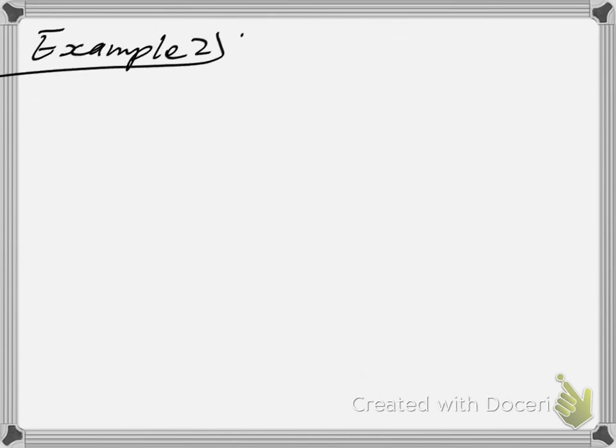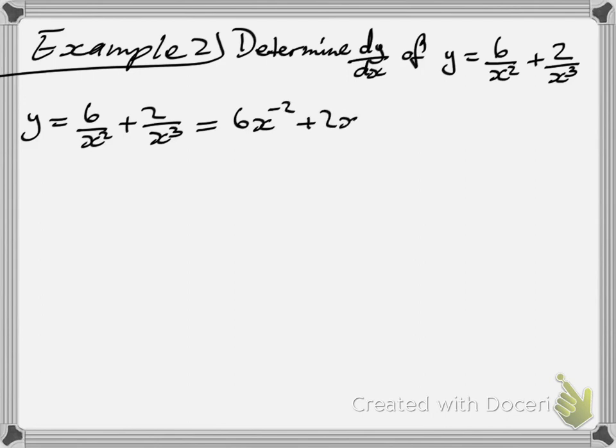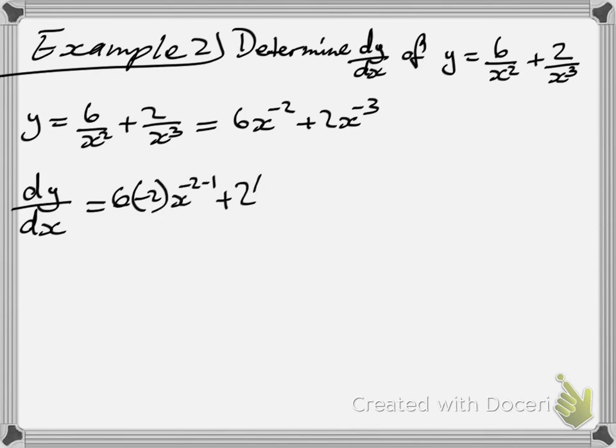Right. Example 2. Let's say they say determine dy dx, which is a different way of saying differentiate in terms of x this time. So we get it like that. So the first thing is to write it in line format. When you write it in line format, you get it like that. And then after writing in line format, now you can differentiate.